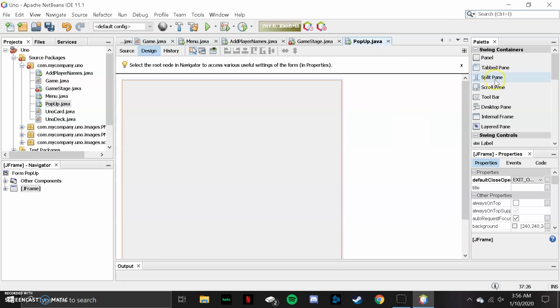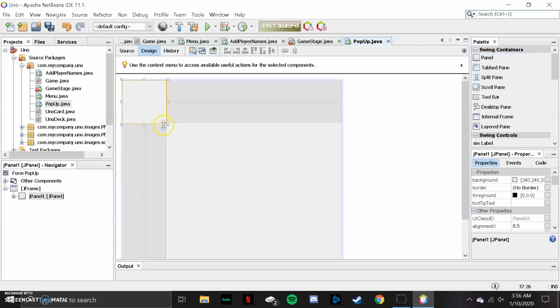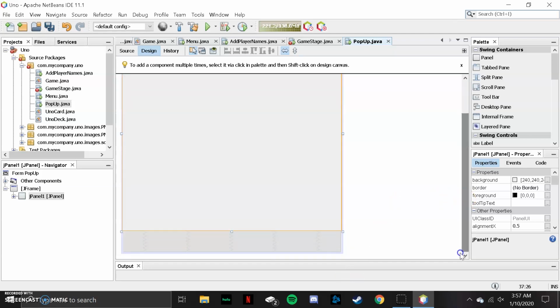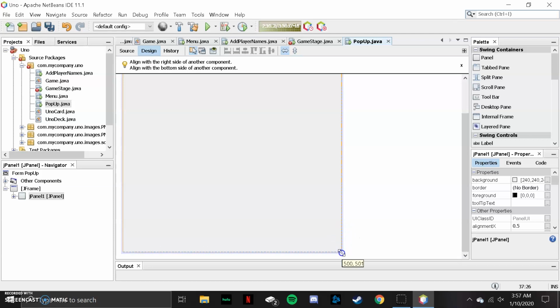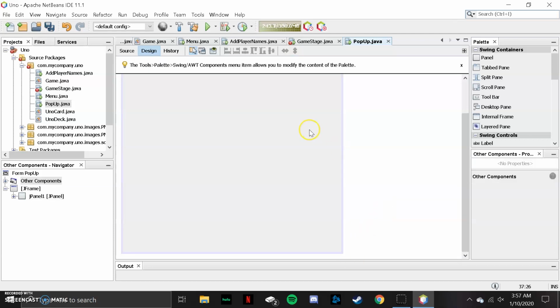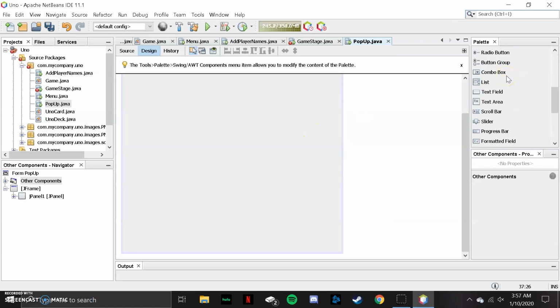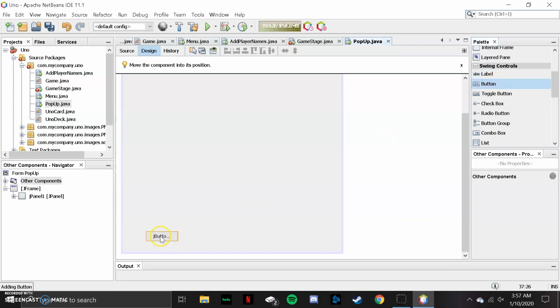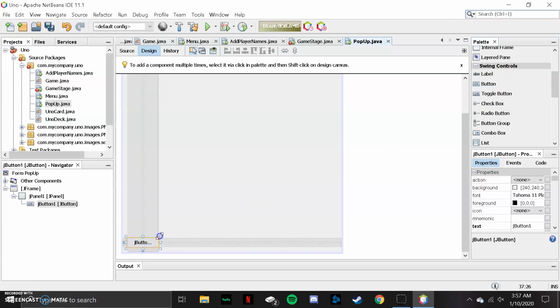And then you're going to put a JPanel on top of this, top left corner. Then just stretch it out to the same dimensions. Scroll down. Just make sure that those are the same. And then the next thing you're going to do is add a JButton at the bottom. Line it up right there, and then you can do 130, 60 height,